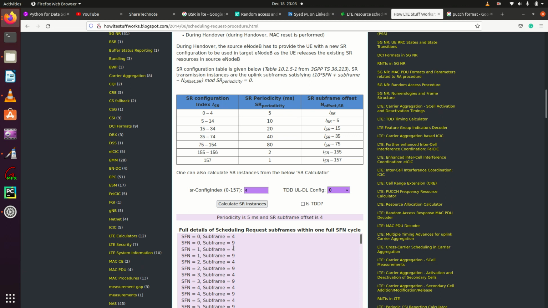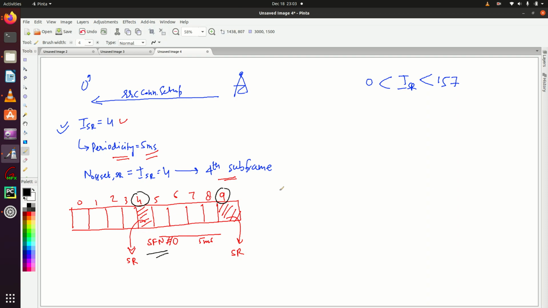Again, after 5 milliseconds, it could send a scheduling request again. With a periodicity of 5 milliseconds, the UE can send scheduling requests. I hope this gives you a clear idea of how you decide which PUCCH to use if you want to send a scheduling request.